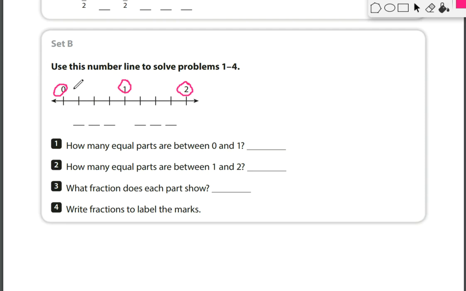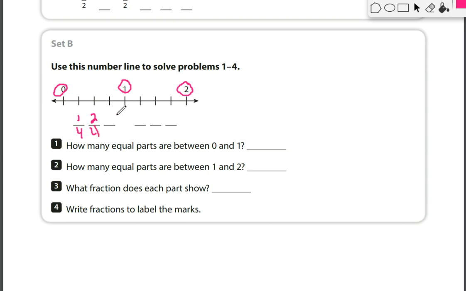Now I'm going to count the blank spaces in between the wholes. Don't go from 0 to 2. Go from 0 to 1. 1, 2, 3, 4. This is divided into fourths. We'll check the other side just to make sure. 1, 2, 3, 4. So here we have 1/4,